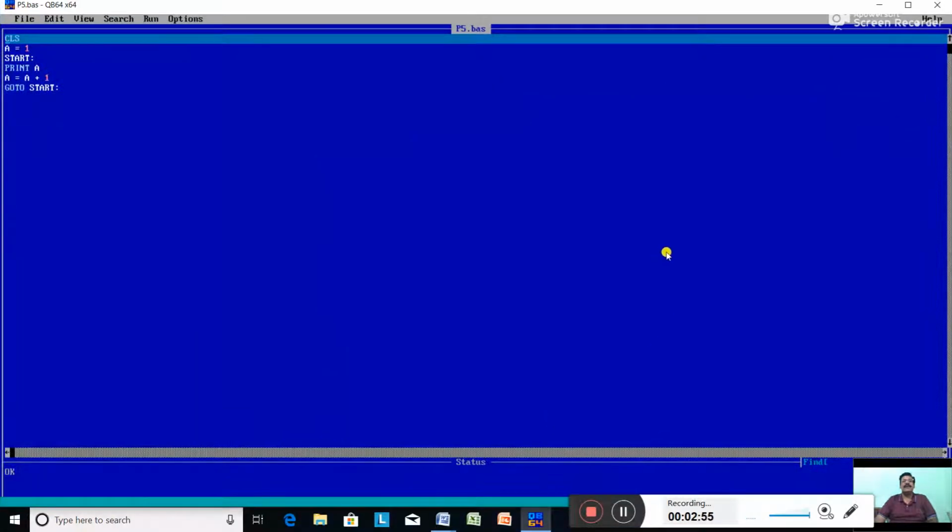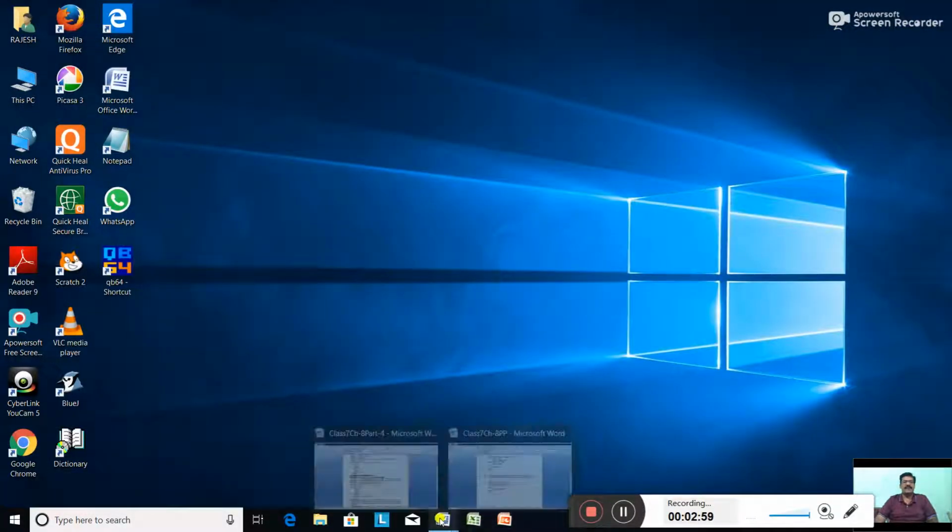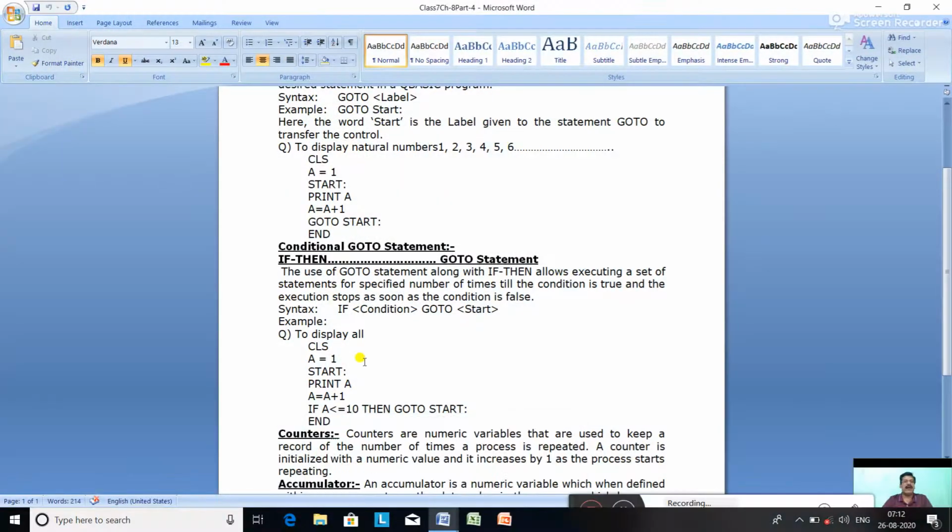So this was the example of the go to statement. Now next is the conditional go to statement. This conditional go to statement is used with the help of the if then statement.